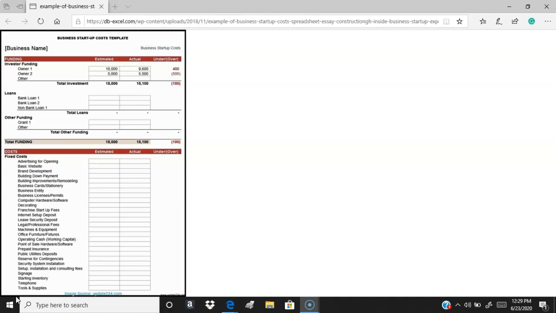Okay, so you've got to display how much you're actually going to spend on the business, because they're not going to lend you any money, or you can't get any grants or anything, without them seeing where the money is going. Let me back up a little bit. In this startup cost,